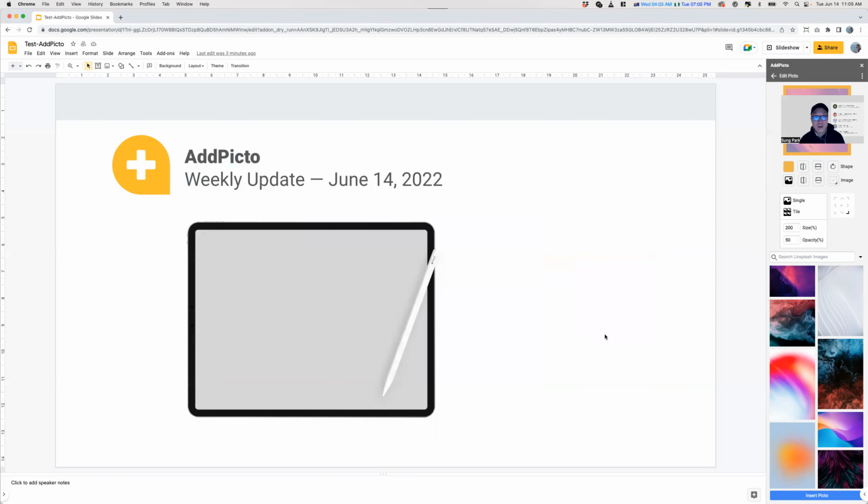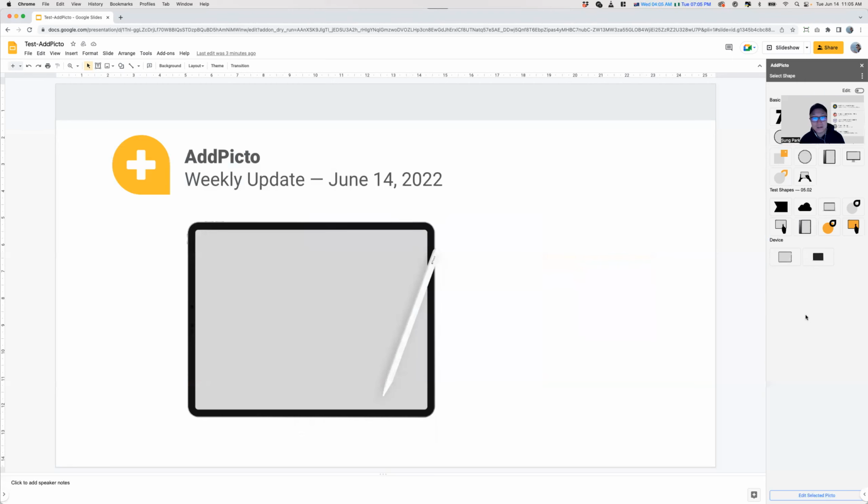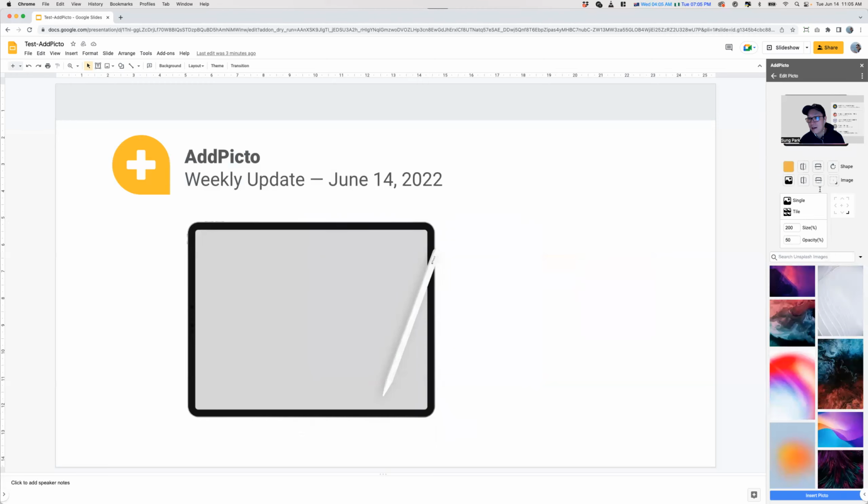The other thing is that we're working on adding additional shapes. And so here's an example of what it should be, where the gray area is where the mask is. And here's how it's currently working. And as you can see, it's not quite working as expected. Currently you can see the pencil because the opacity of the image is at 50%. But if I were to change this to 100%, and I'm going to insert that so we can see a side by side,